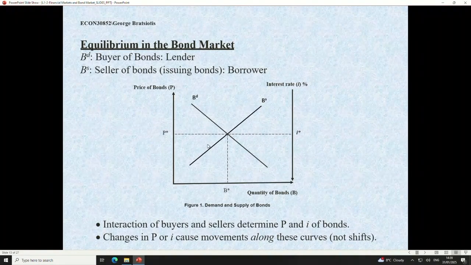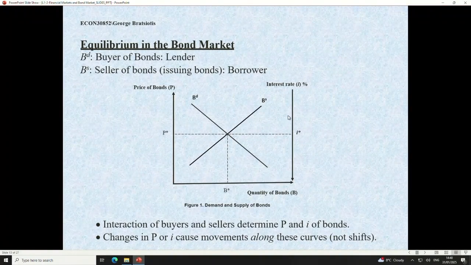Basically, this is what that does. The supply of bonds is upward sloping, right? And you can see the opposite here. The one who issues the bonds, the borrower, wants to see what? He'll be paying the interest payments. They want to see a low interest rate. I mean, the lower the interest rate, the happier they will be to issue bonds, right? And they want a higher price, correct? Why? Because the price is the funds that they will get. And that's exactly what that says. The supply of bonds is upward sloping because the higher is the price, the more happy they are to provide more. And of course, the higher is the price, the lower is the interest rate.